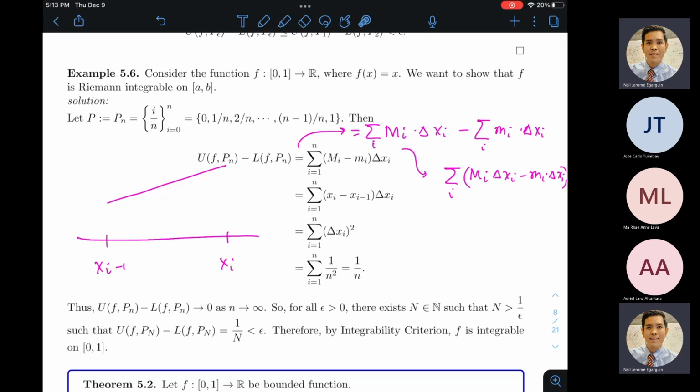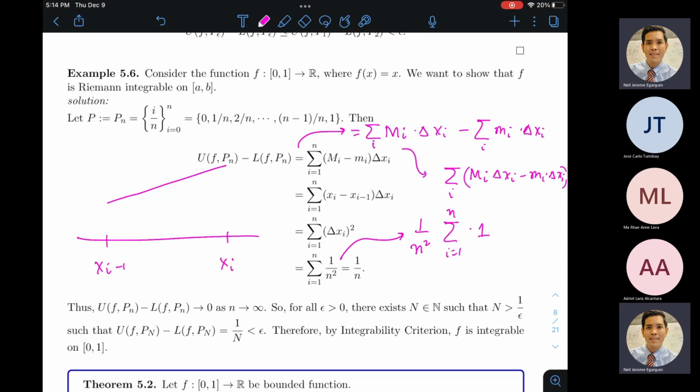Tapos, alam naman natin kung ano yung size ng bawat subinterval. Kasi nga, ito yung partition inducer natin. Regular yung pagkakapartition, meaning bawat partition ay magkakasing haba. So that would be x sub i minus x sub i minus 1. So that could be 2 over n minus 1 over n. Or you can do that between any two consecutive elements of the partition inducer. What you'll get is 1 over n. Okay? Or when you square that, you're going to get 1 over n squared. Tapos si 1 over n squared ay constant with respect to i. Ang index ng summation ay i. So yung 1 over n squared ay pwedeng lumabas ng summation.